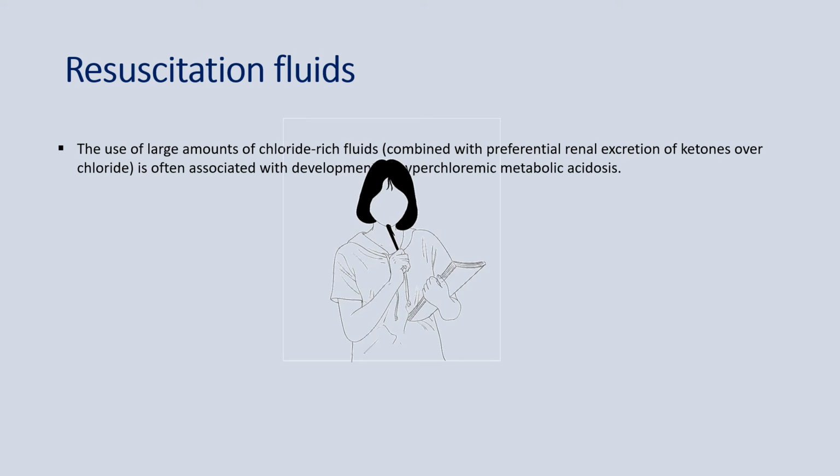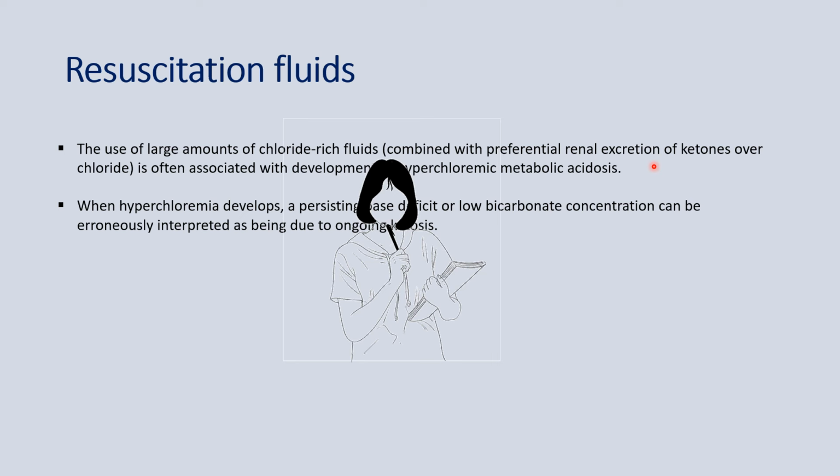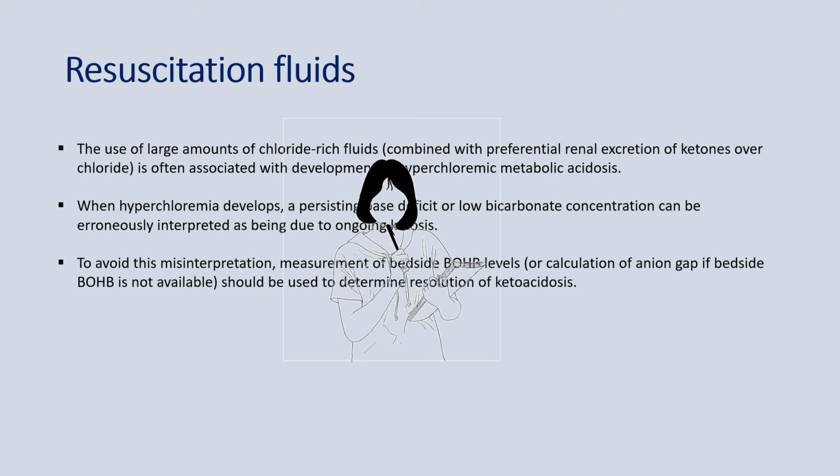The use of large amounts of chloride-rich fluids combined with preferential renal excretion of ketones over chloride is often associated with development of hyperchloremic metabolic acidosis, and when hyperchloremia develops, a persisting base deficit or low bicarbonate concentration can be erroneously interpreted as being due to ongoing losses. To avoid this misinterpretation, measurement of bedside beta-hydroxybutyrate levels, or calculation of anion gap if beta-hydroxybutyrate levels are not available, should be used to determine resolution of